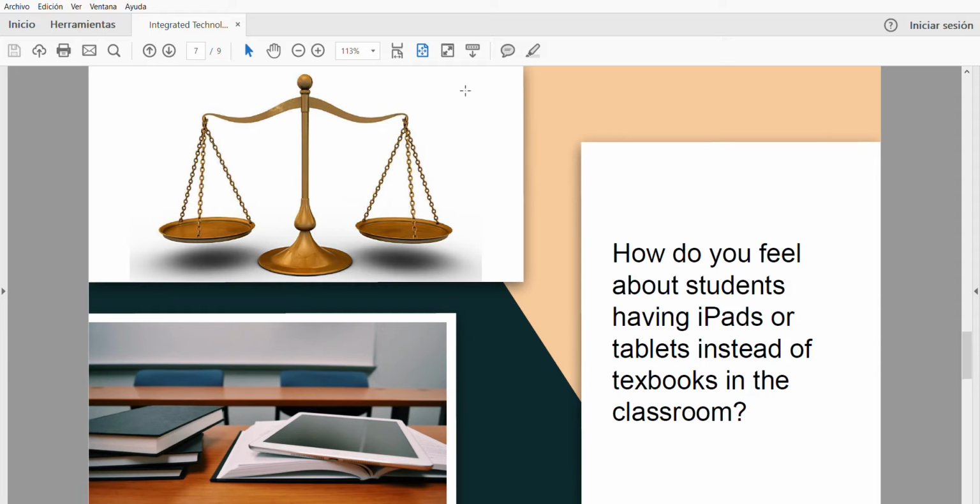Next, I asked, how do you feel about students having iPads or tablets instead of textbooks inside the classroom? He was actually quite excited about the idea of iPads in the classroom, and he was looking forward to using them, because he is very much so into technology, so he likes the idea of being able to use it always in the classroom. The students that I've taught had mixed opinions